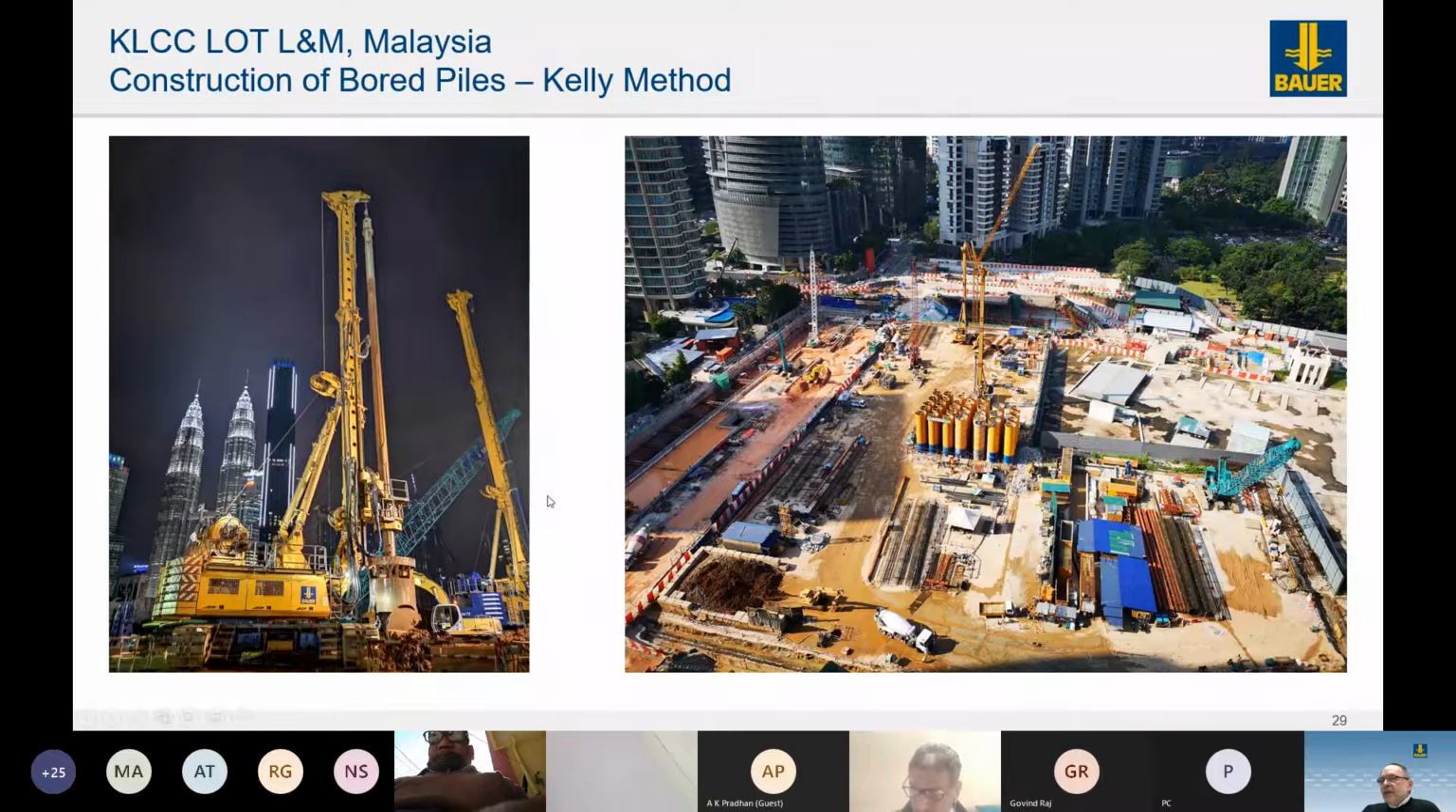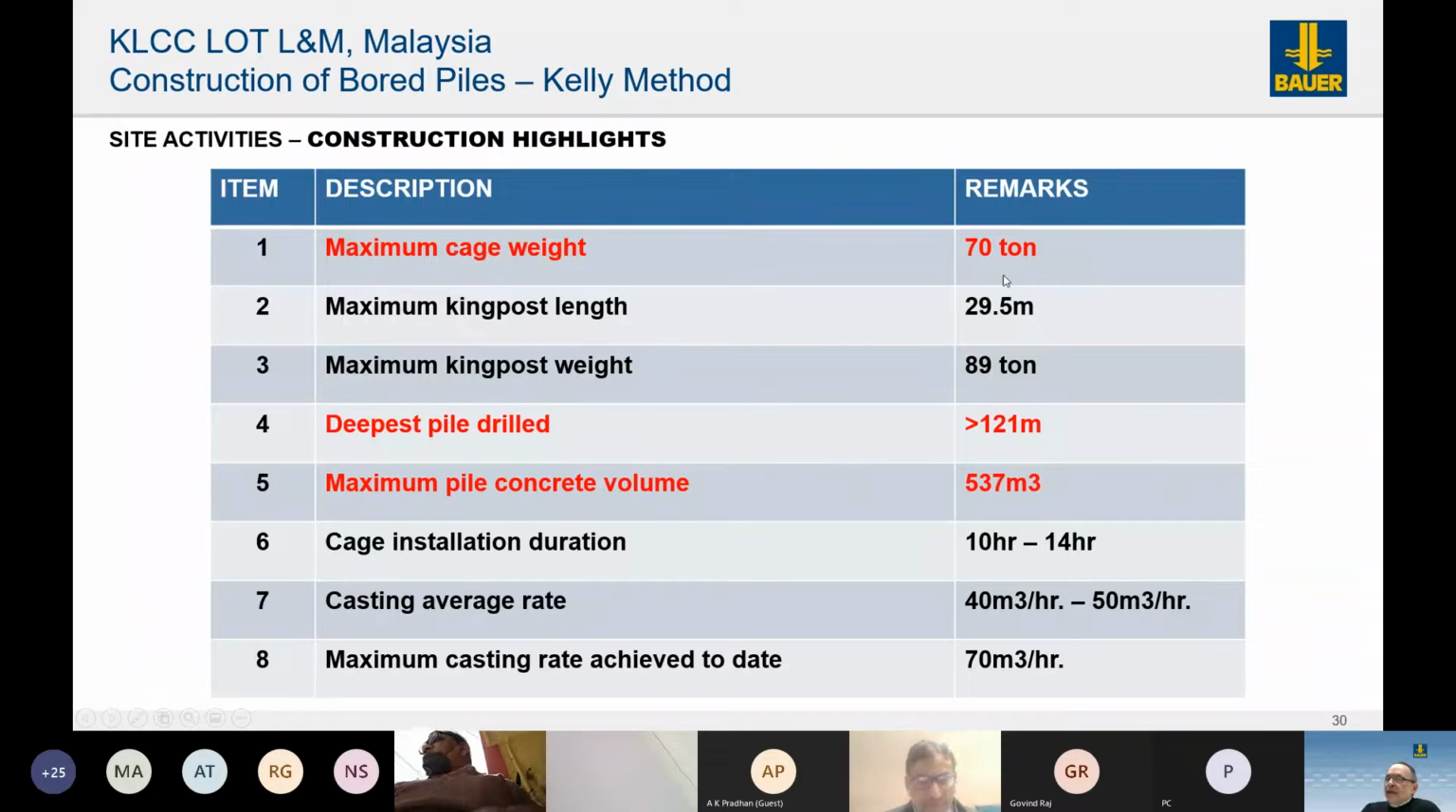Just an impression, there are the Petronas Towers you may know from Kuala Lumpur. It was just next to it. Just a few data on this pile foundation. The cage weight was 70 ton, which is quite a large cage. For the podium, we also had to install some very heavy king posts. The deepest pile was more than 121 meters,